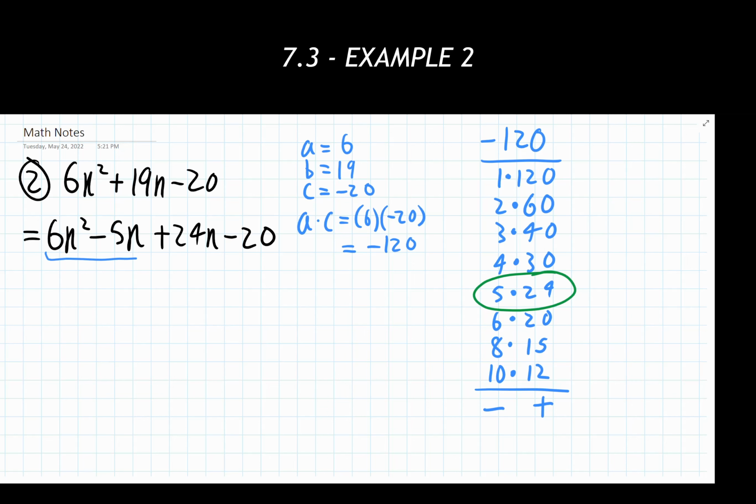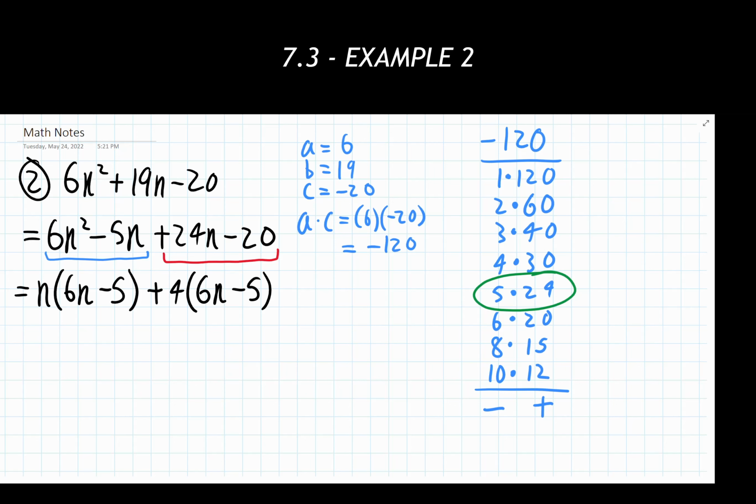So again, I'm looking at my first two terms, and my last two terms individually. For the first two terms, what's the greatest common factor between those? The only thing I can factor out is an n. What's left over? 6n minus 5. Best I can do. Looking at the last two terms, what's the greatest common factor I can factor out of that? Looks like it's going to be a positive 4. So I factor a positive 4 out. What's left over? I'm getting 6n minus 5.